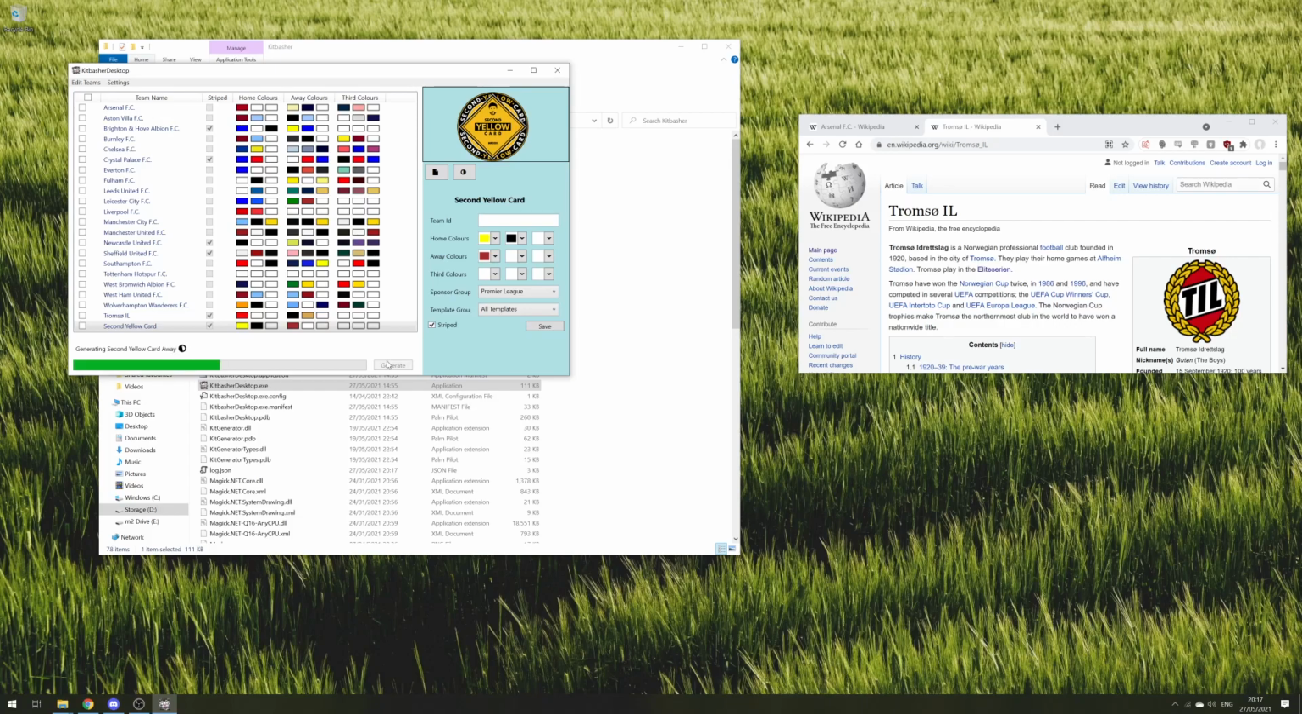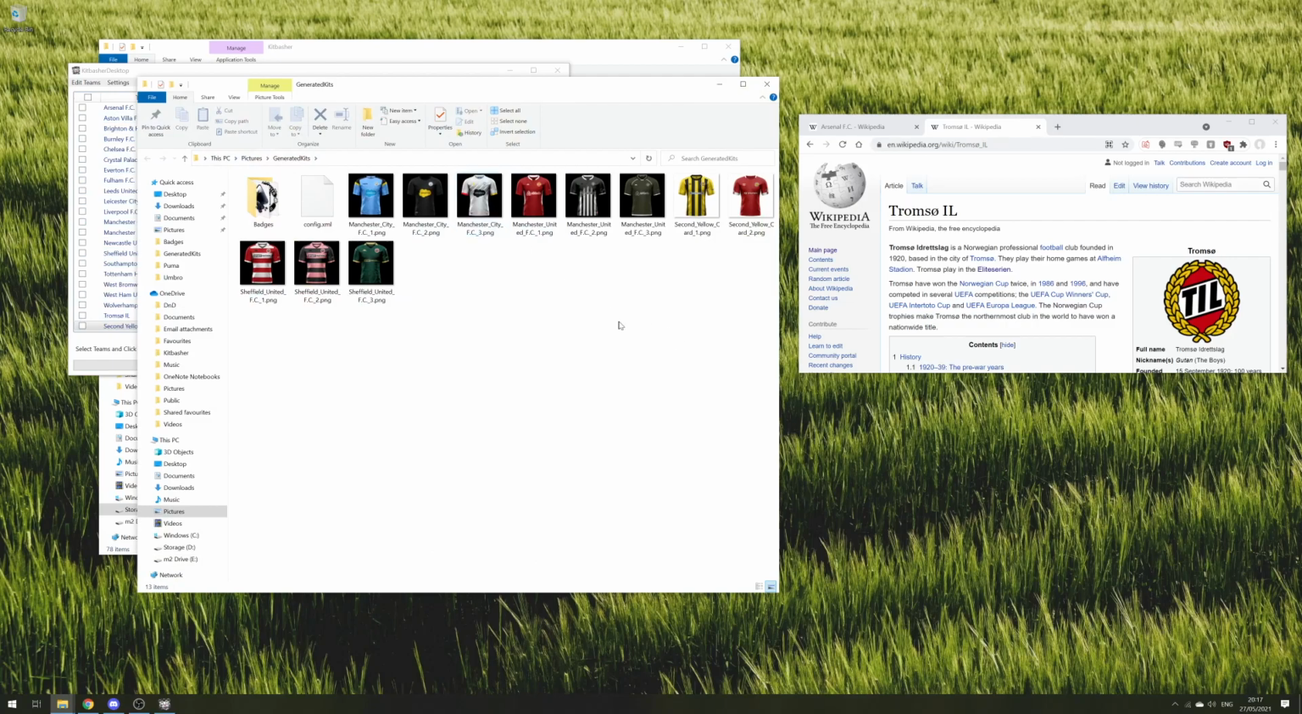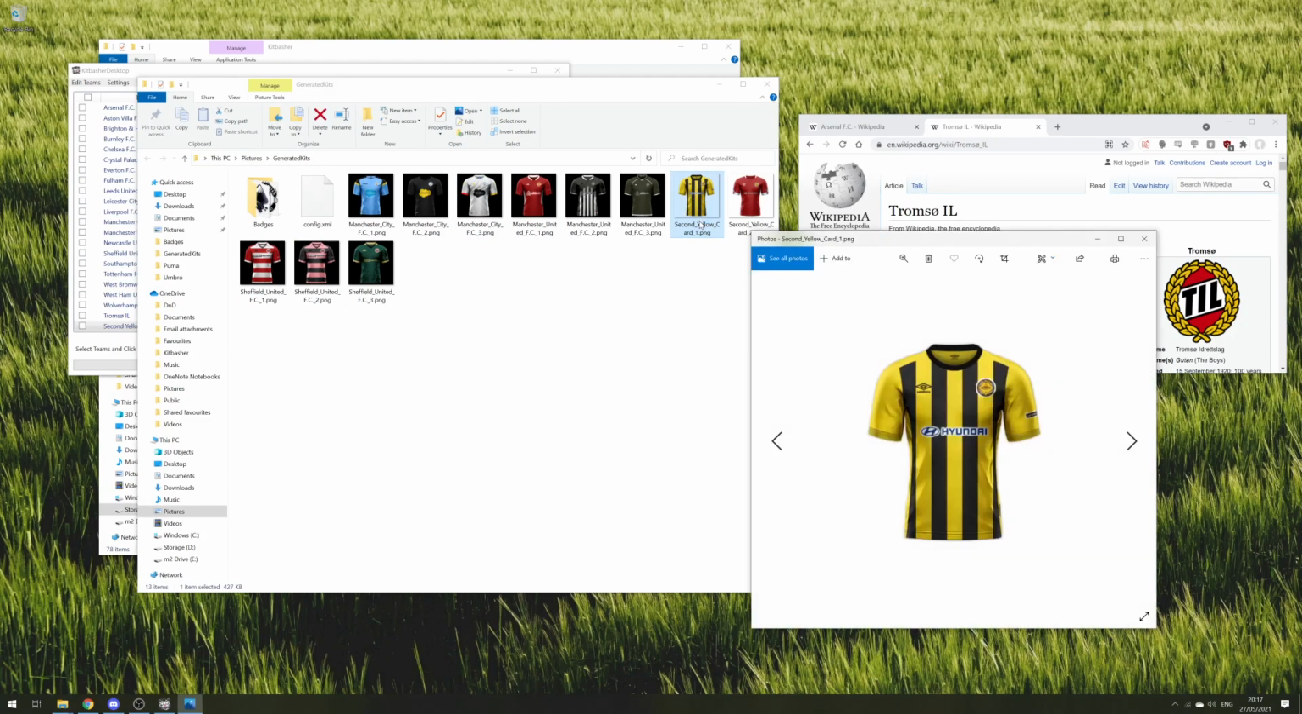So it'll generate your kits for you, and there's no reason that you can't select multiple ones and generate them again. So here we go. This is the second yellow card, sponsored by Hyundai, and there we have it. That's how you can use the